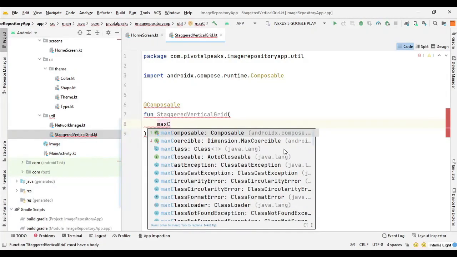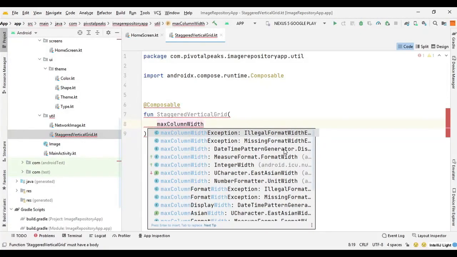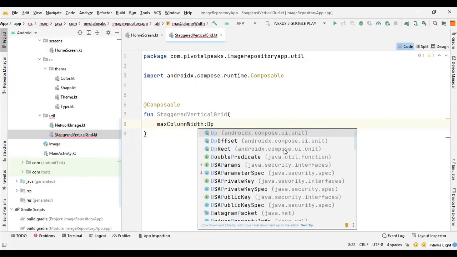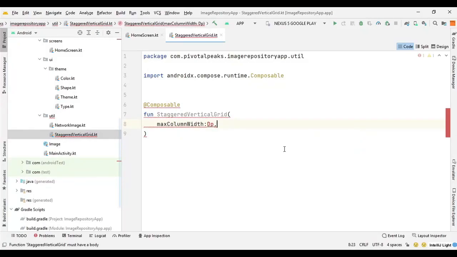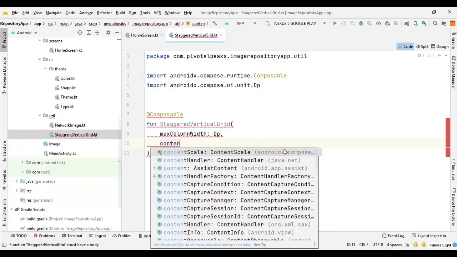So we can say max column width, and which is type of DP. So we can select the DP of androidx.compose.ui.unit. Then we need to import the DP as well. So we can say alt plus enter. After that, we need the content inside the grid.